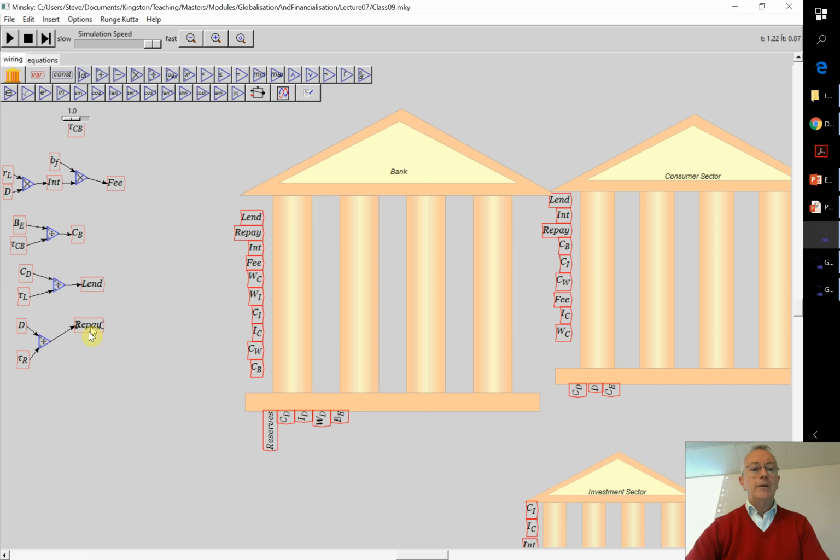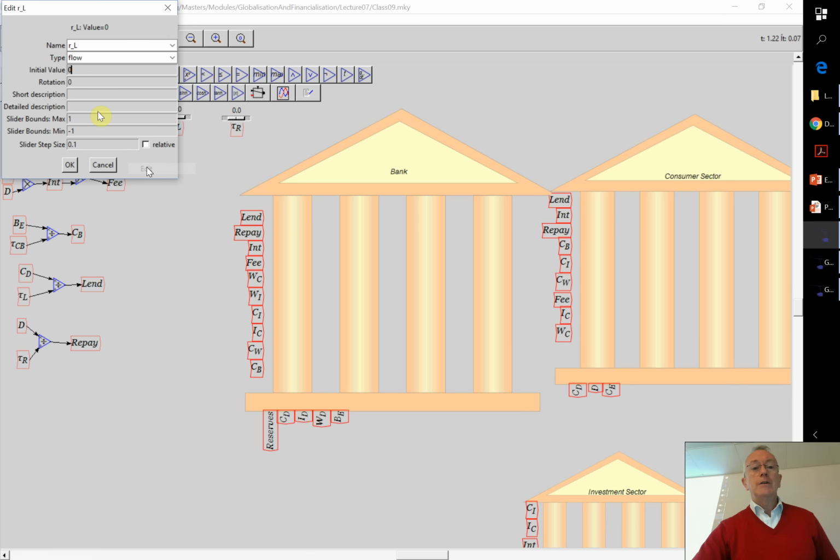Okay, and now let's just actually grab a few of these and drag them up so we can use them as variables. So I'm going to copy the rate of interest, whack it there, copy the time constant for lending, and copy the time constant for repayment up here, and then right click and make each of them into a slider. And notice that's 0, that's 0, and that's 0. Another error that turns up in the programs. For some reason, sometimes when you define a slider, it resets the value of the parameter back to 0 again, which is a pain. So, but we're stuck with it.